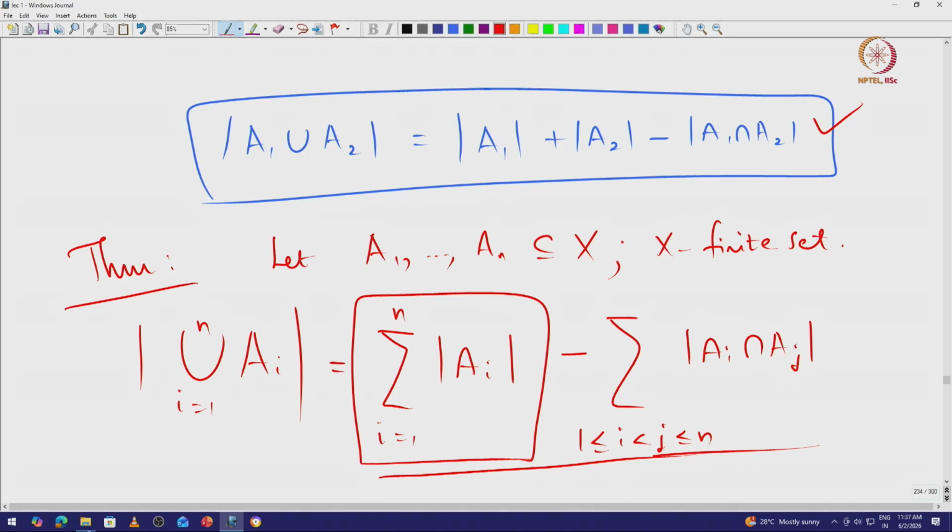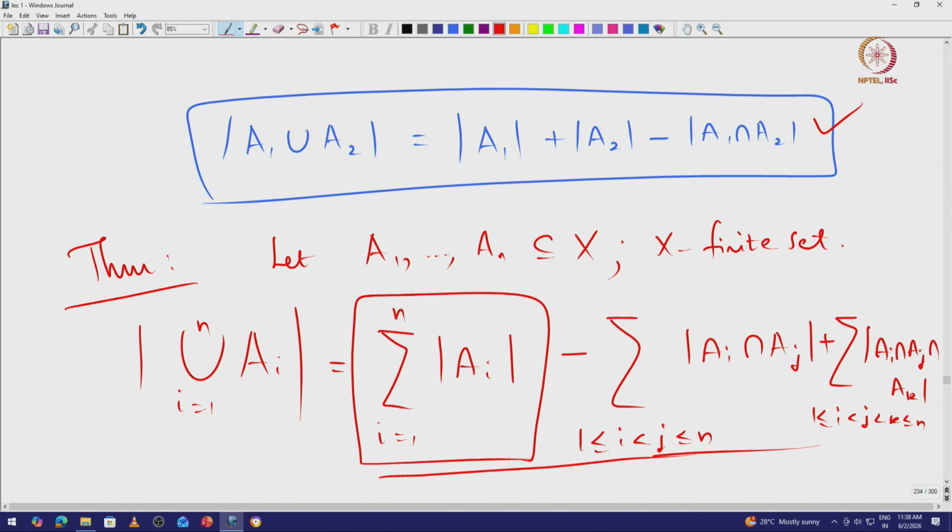So, we have to add back the elements that are in the intersection of three sets. So, we will have something like this, and then in this summation what we have done is we have again actually